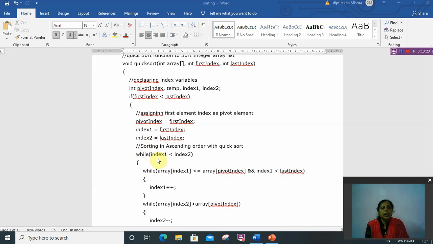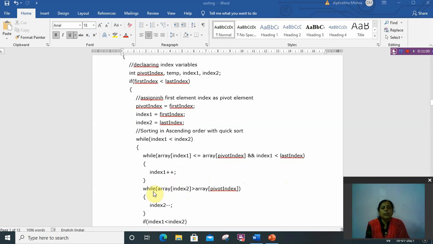And while index1 is less than index2, the looping starts here. While the array element at index1, the left index, is less than or equal to the pivot element and index1 is less than the last index, then index1 will increase, meaning it will go towards the right.